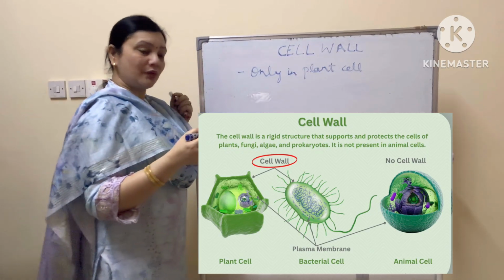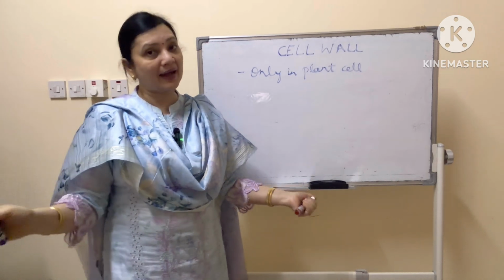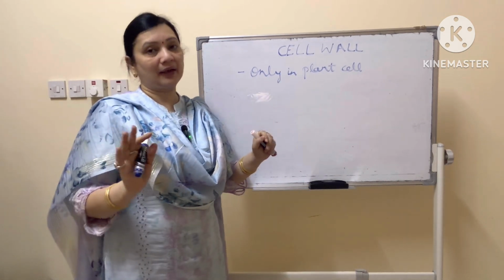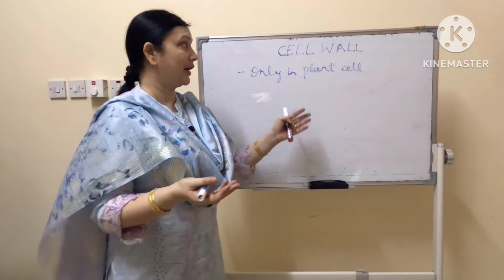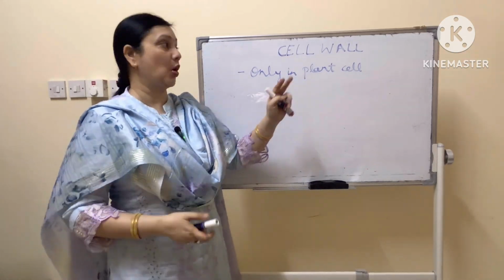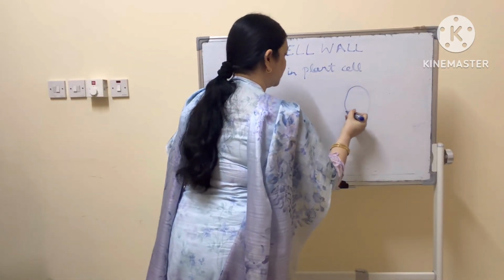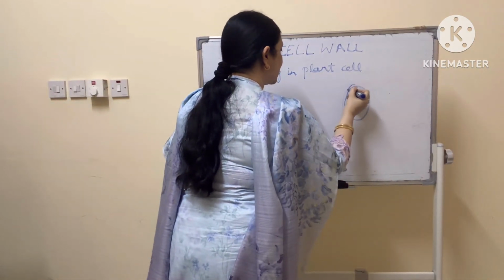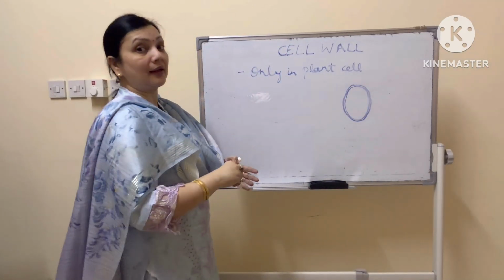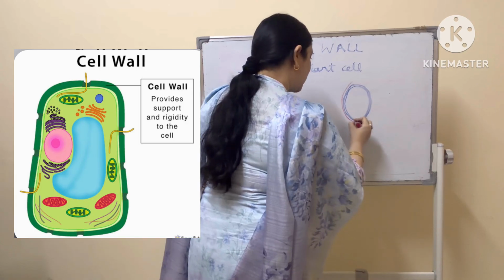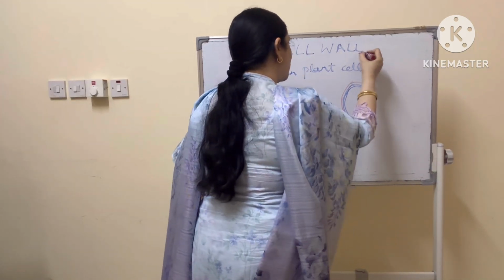In the last video, we studied cell membrane, and I told you that all plant and animal cells have a cell membrane, but plants need more protection. So outside the cell membrane, there is this additional structure called cell wall. Now suppose this is a plant cell and this is a cell membrane. Outside this cell membrane, there is one more layer which will provide it more strength, and this is known as cell wall.